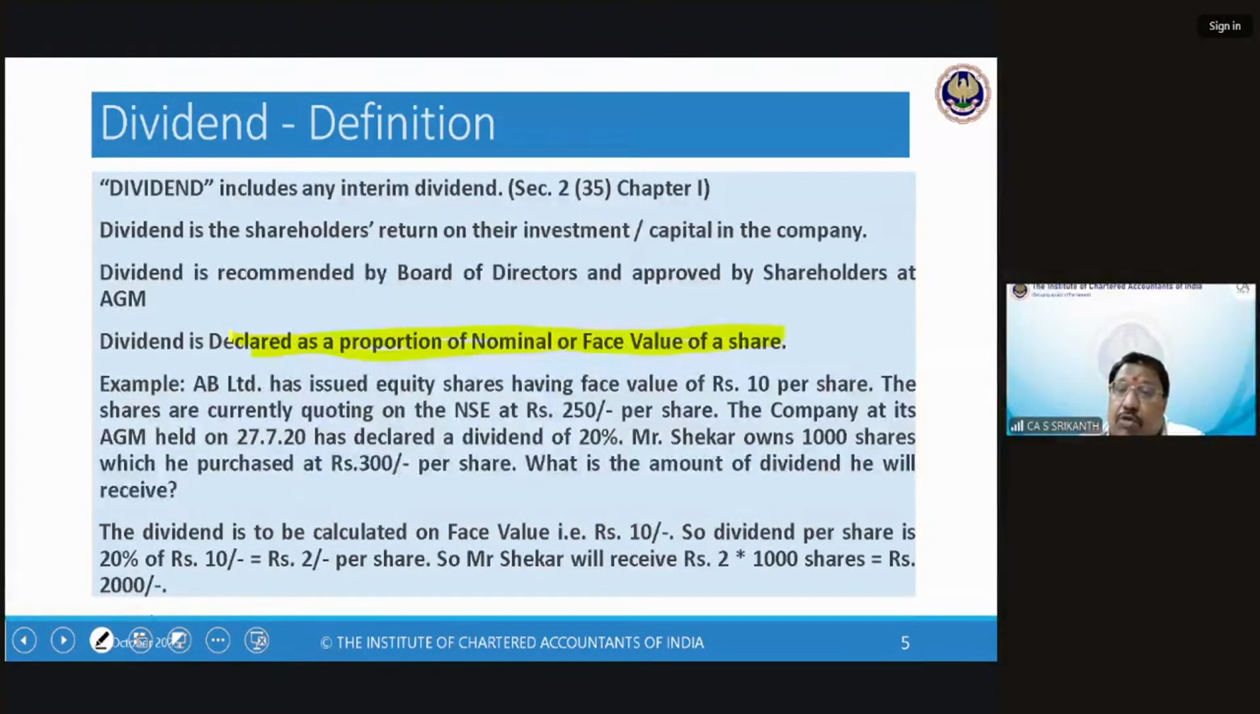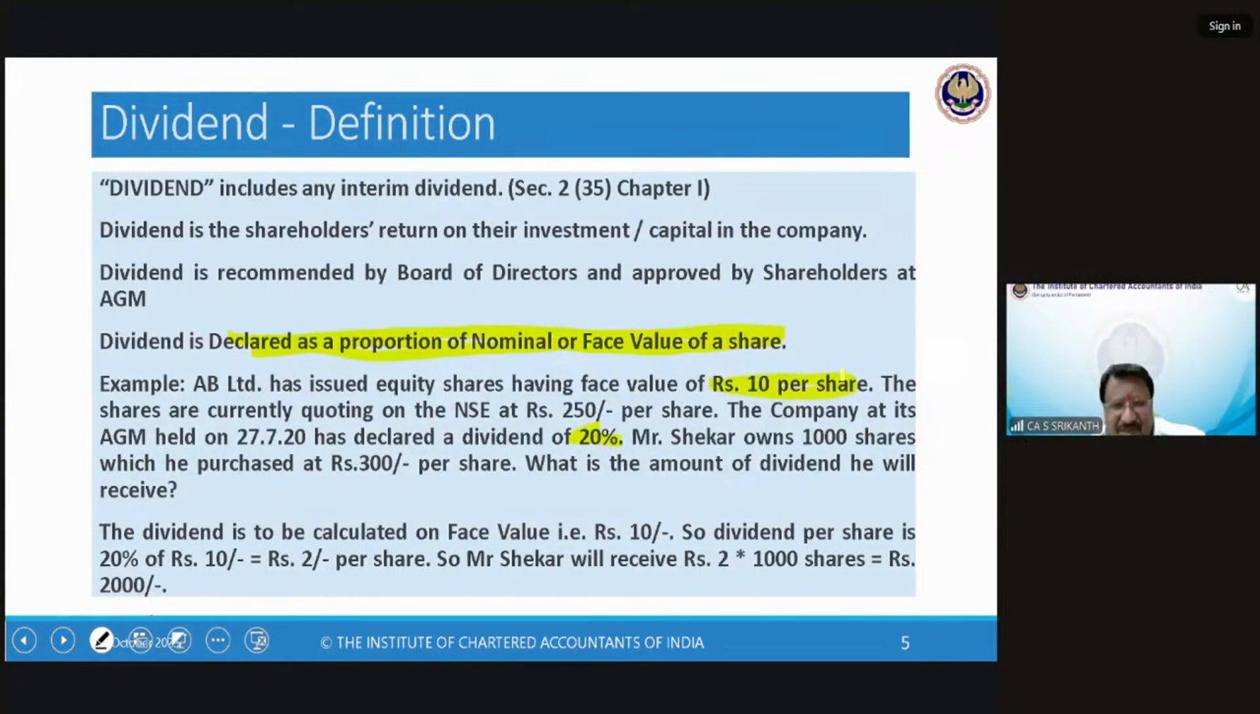Mr. Shekhar owns 1,000 shares, which he purchased at 300 per share. Maybe the market was high when this guy bought it. Now it's gone down. But on what amount will he receive dividend? The 20% will be calculated on what? On 10 per share. So he'll get 2 rupees per share, which on his cost of 300 will be negligible,